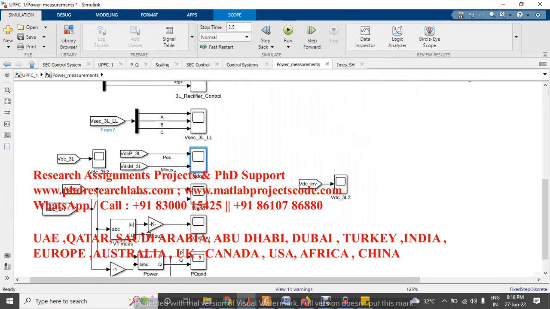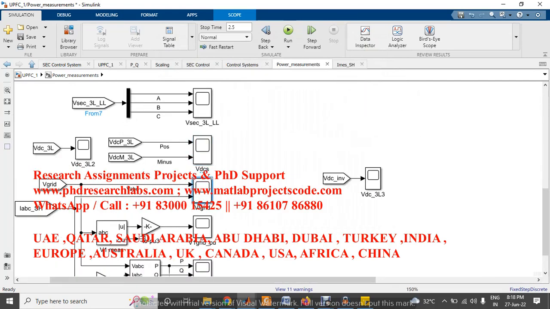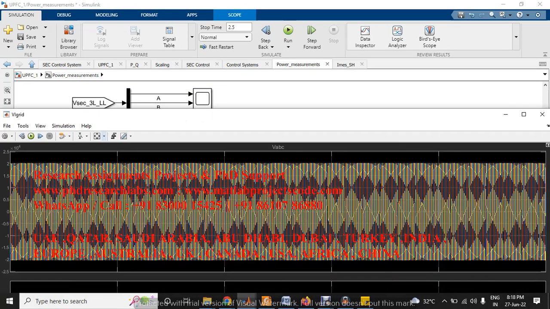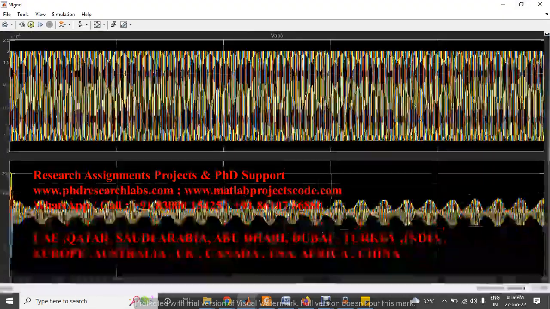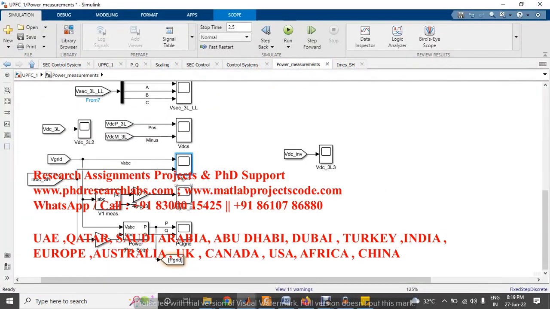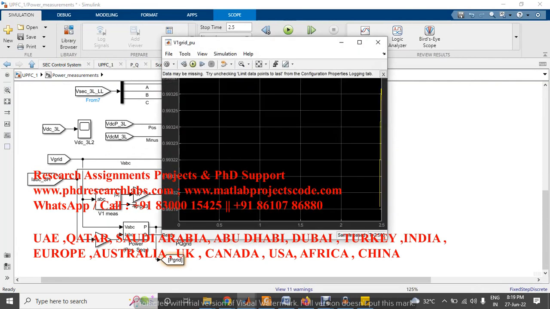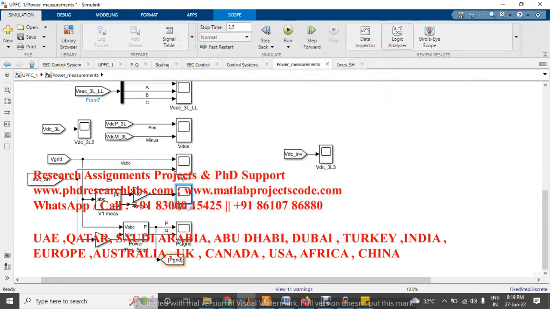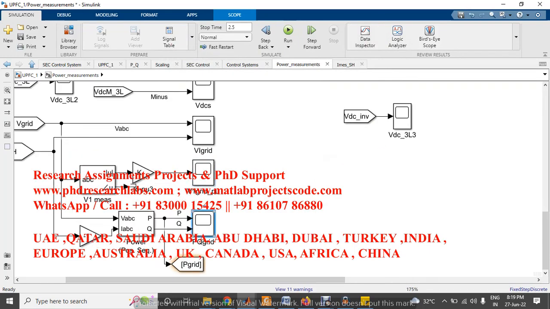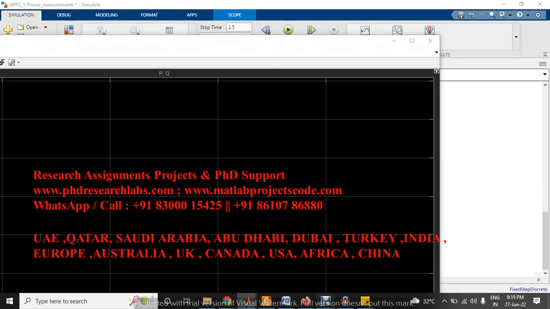And here we can check the voltage of the grid and the current of the shunt converter, and we can check the phase voltage amplitude of that grid voltage, and here we can check the PQ response of that